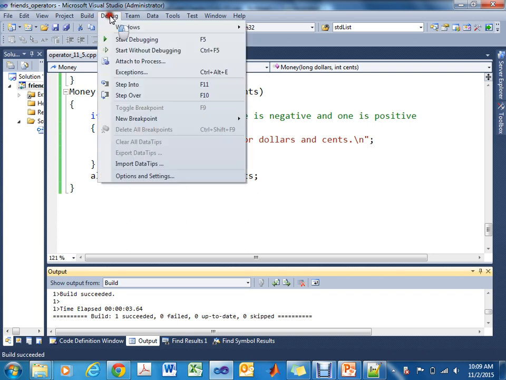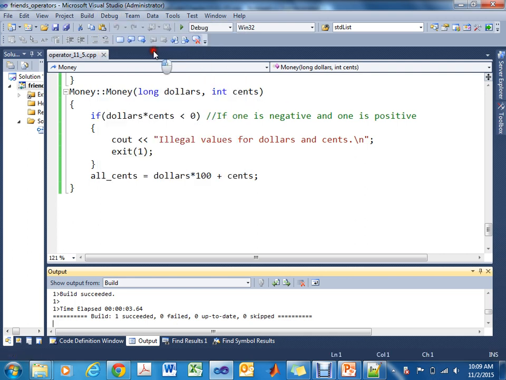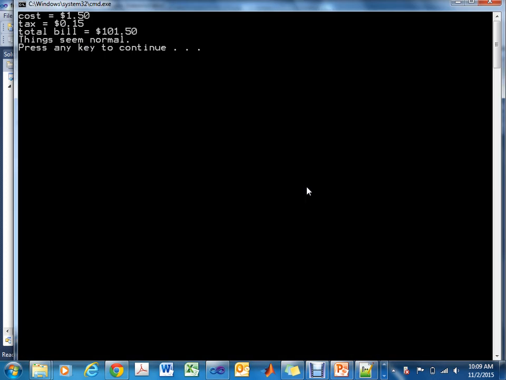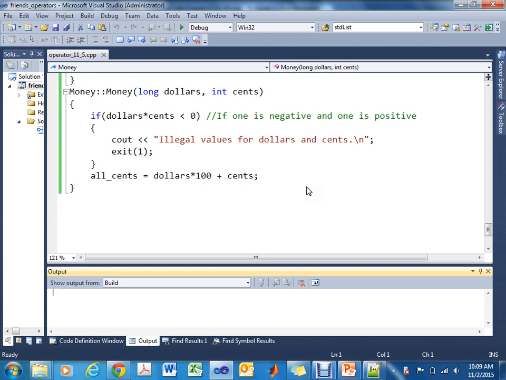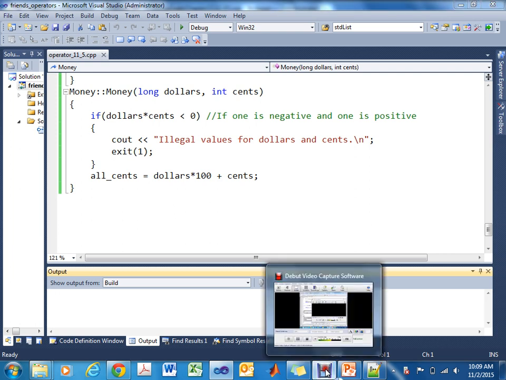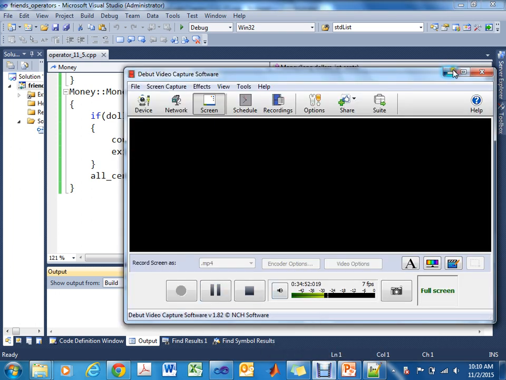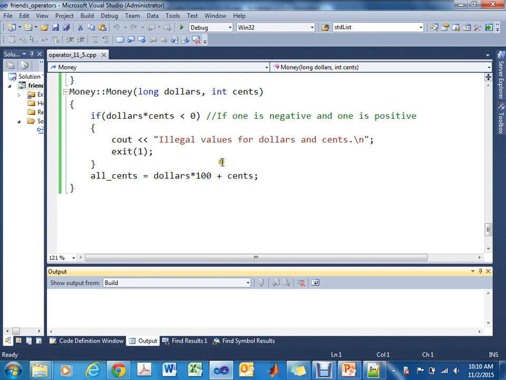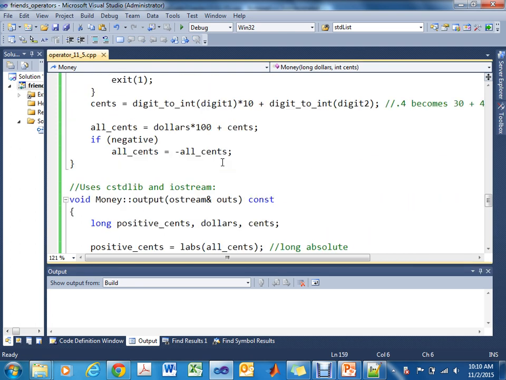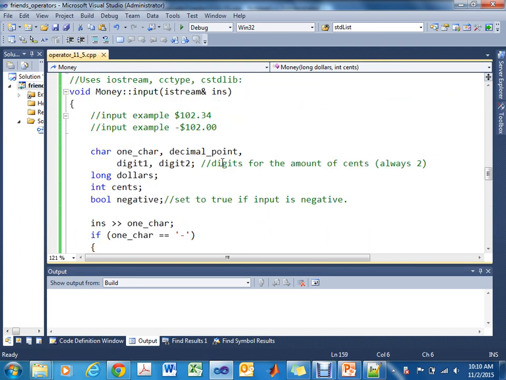Okay, so let's run it to make sure it's running, and then we'll trace it. Are we running out of charge? 17 minutes. Start without debugging. Okay, so it seems to be working. Okay, so we have two questions. The first question was,